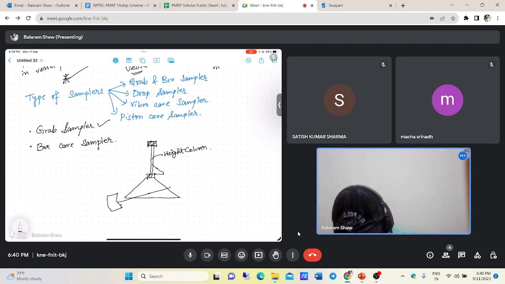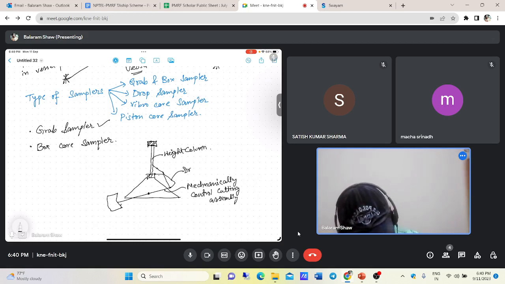This was the cutting edge, or you can see the mechanically controlled cutting assembly, as you have seen in the figure. Okay, and there were wires which were connecting this like this. So these are called the draw wire,